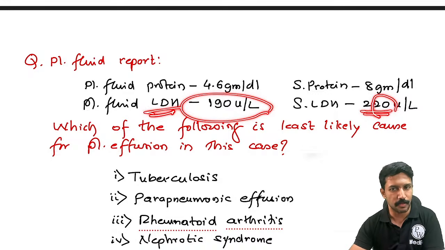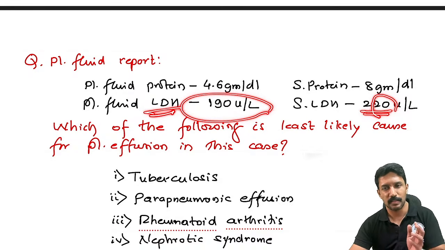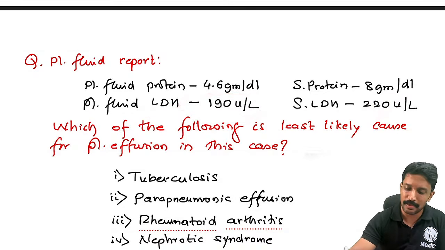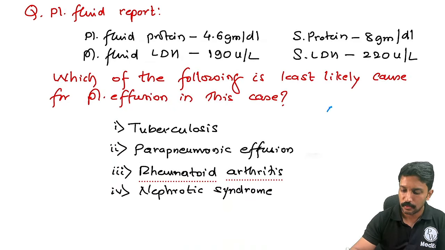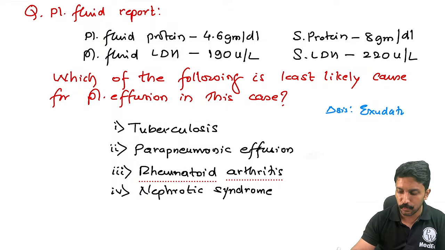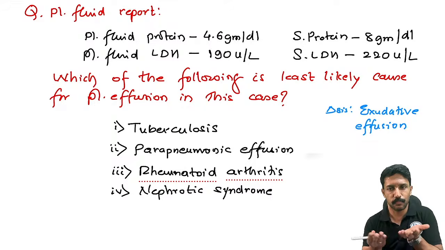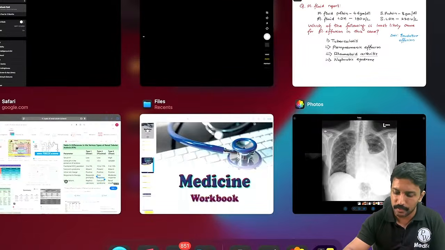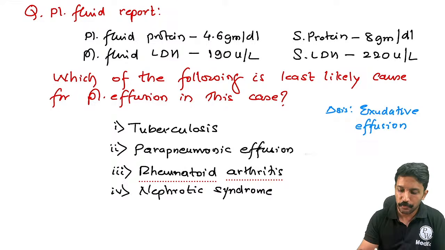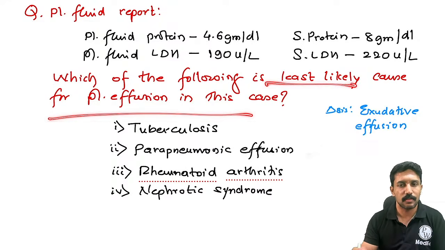So here it is definitely going to be more than 0.6. This way or that way, we know that it is going to be an exudative effusion. So the diagnosis here is exudative pleural effusion. So now basically the question's meaning finally turns out to be, which of the following is not a cause for